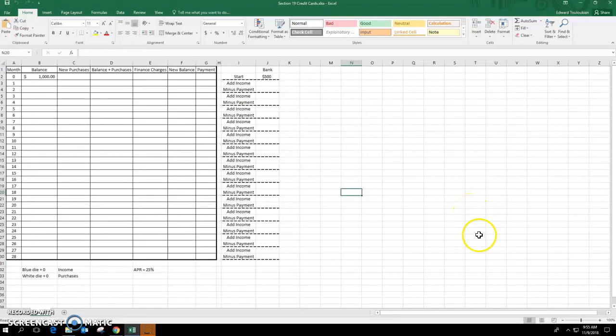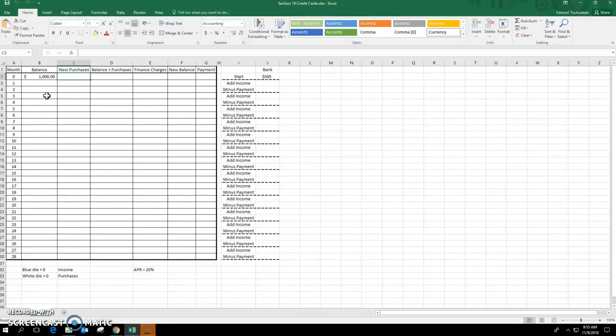All right, in this problem, we give the students a scenario where they have $500 in their bank account and they have a $1,000 credit card bill they have to pay off. And so they have to figure out how they can pay this off over time because they don't want to run out of money, but they also want to get rid of their debt. And so we have them roll some dice to figure out what new purchases they have, and then